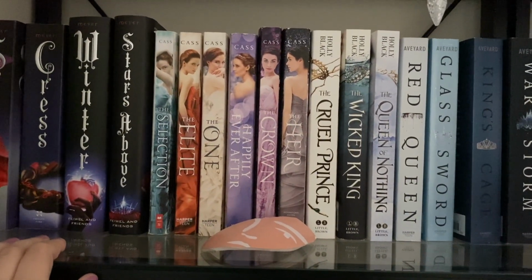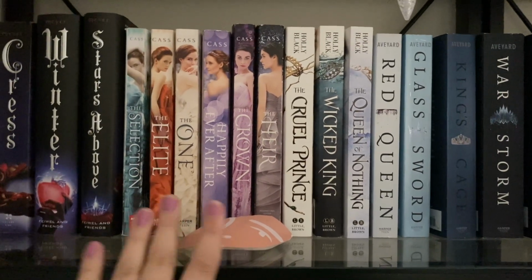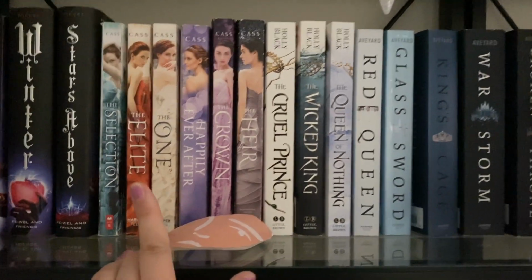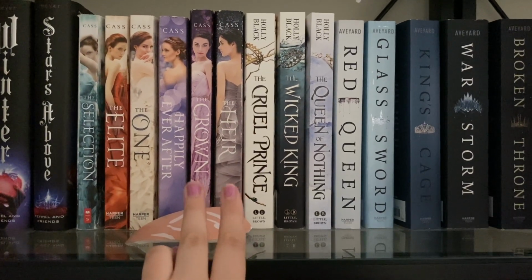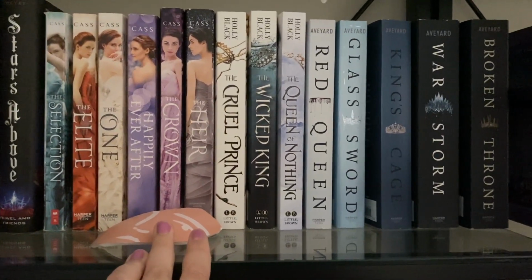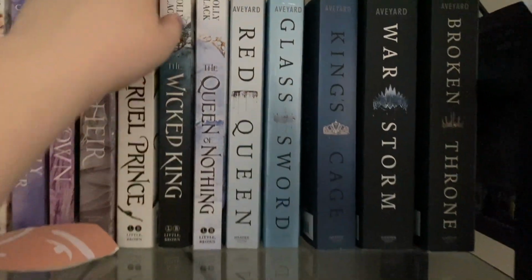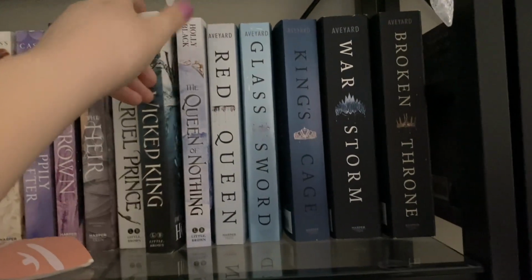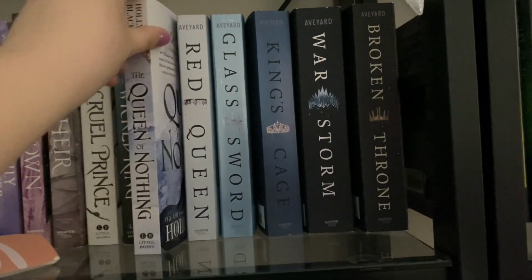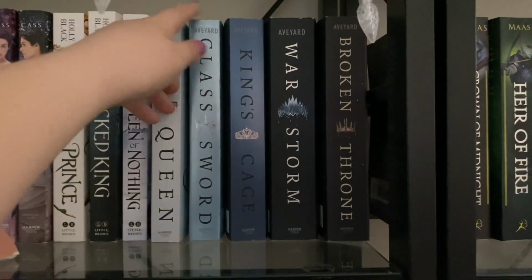Then we do have the Selection series. We have the Selection, the Elite, the One, as well as the novella, Happily Ever After, and the 2 sequel books, The Crown and the Heir, about the daughter, Eadlyn. We then have some Holly Black. We have The Cruel Prince, The Wicked King, Queen of Nothing, and then some Victoria Aveyard with Red Queen, Glass